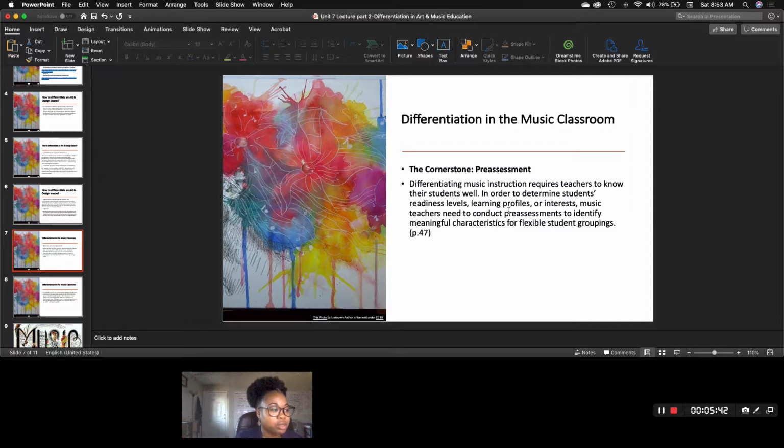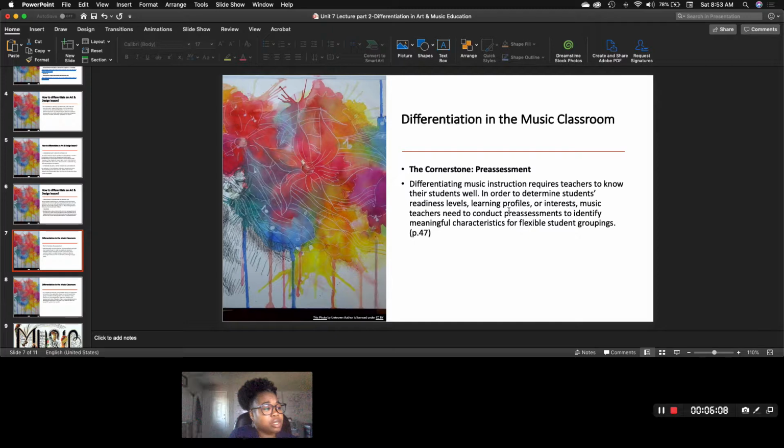Differentiation in the music classroom. The music classroom article pretty much reiterated the article about music differentiation, and pretty much reiterated the same things that the art class did, so I only focus in on one or two points. They say here that differentiating music instruction requires teachers to know their students well, which I think is key